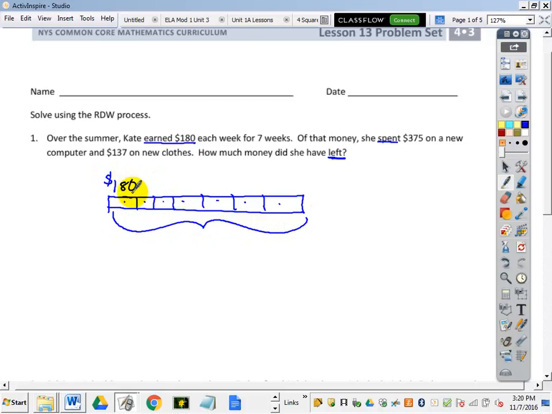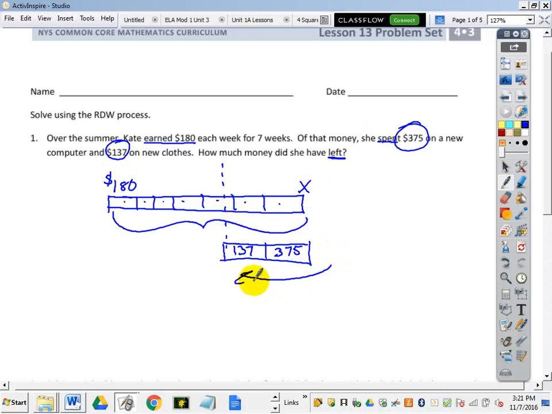The problem is she's going to spend $375 on a new computer and $137 on new clothes. That means she's going to go down this $375, and she's also going to go down this $137. So she's going to have to take some off eventually of her earnings. So she's going to get all the way to here, and then she's going to have to go down because